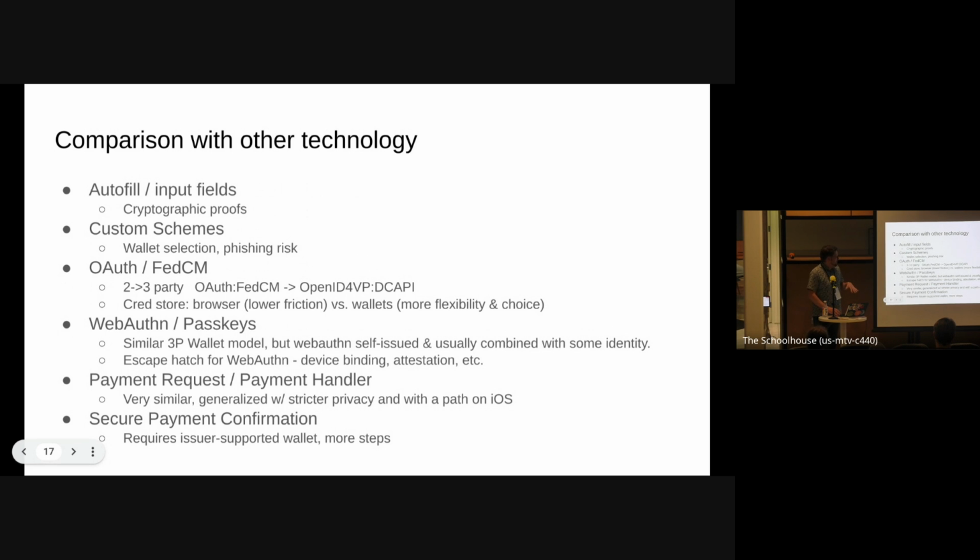There's a lot of similarity between this and passkeys. In fact, you can almost think of passkeys as a self-issued digital credential, right? It's just that passkeys doesn't have anything but your identity. It's just a credential from a wallet app, could be one of many password managers. And kind of interestingly, there's a lot of things people have wanted from WebAuthn that WebAuthn has not been willing to give, like device binding and cryptographic attestation, that people are going to build into this because we don't control the protocols on this. This is way more flexible. So it's going to be some competition for WebAuthn in a way.